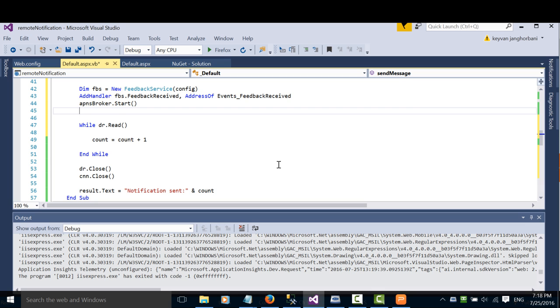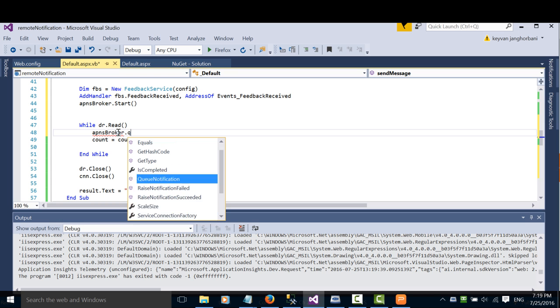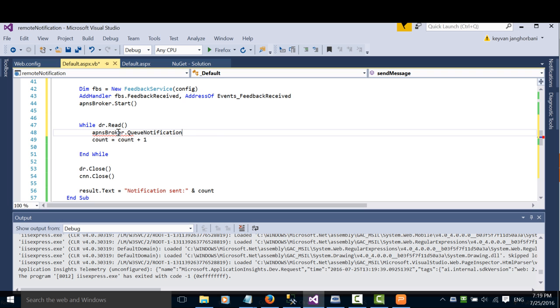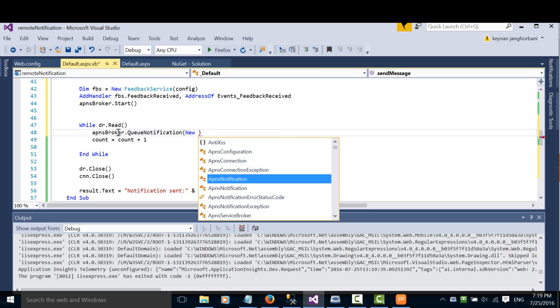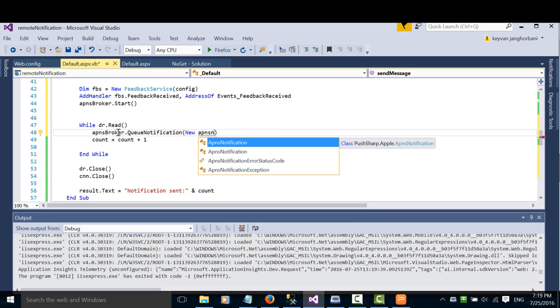Okay, after starting the service and in the while dr.read, we need a way to queue the messages and send them to each device token we have in our database. For that reason, we use the queue notification property of the APNS broker, and we pass in two required parameters. Let's write the code. APNS broker dot queue notification method, and we pass in a new APNS notification